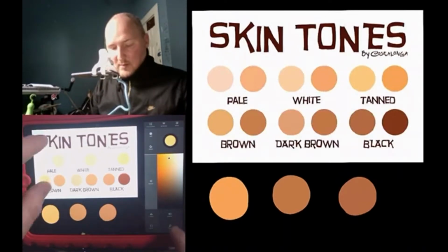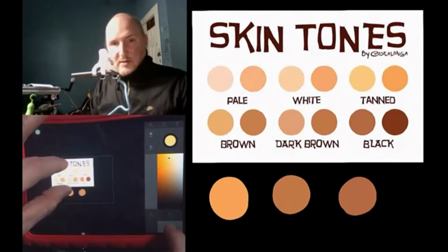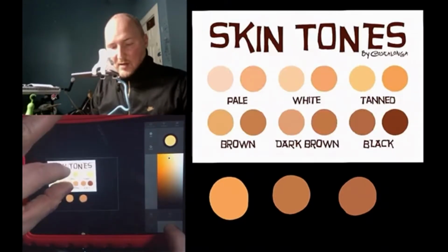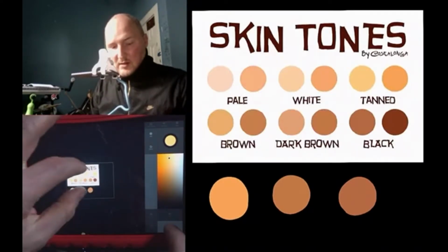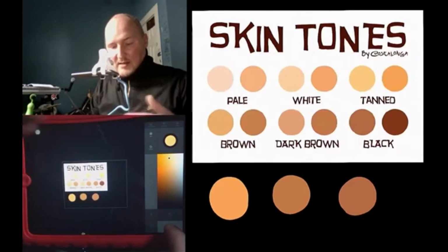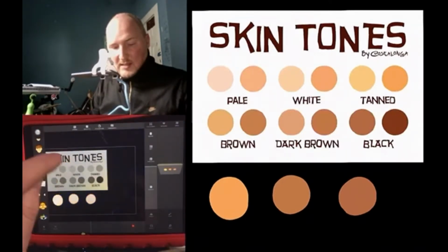If I hold the zoom button down, I can pinch and spread my fingers to change the workspace perspective. And also there's cool areas around here, but as you can see, it doesn't show up on the screen. That's a handy thing the tag tool has, where you can be building characters outside of the screen and then bring them in later. So anyway, now I'm going to click on animate and take that skin tone thing out